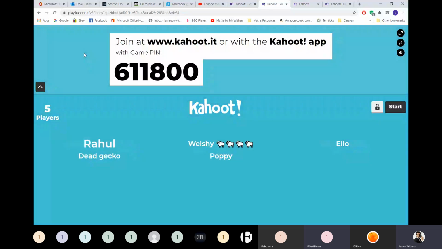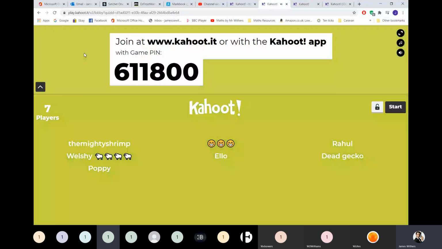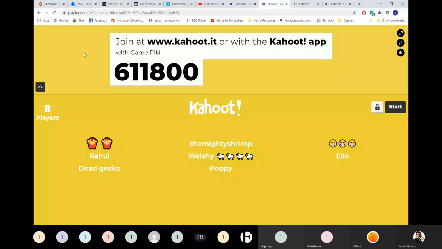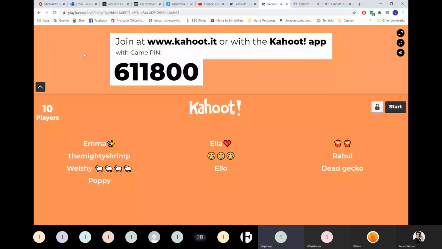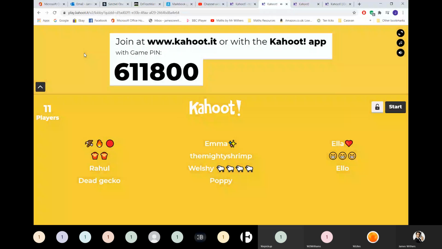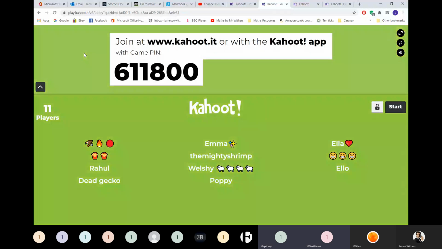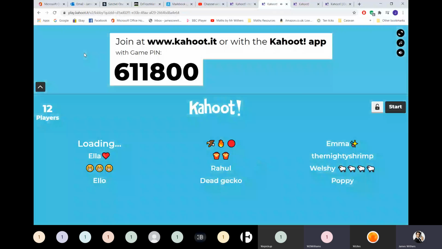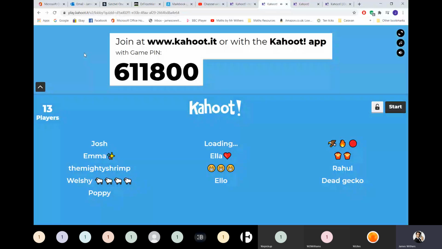Sheeps are leading me on to victory. I hope we're going to have all 13 again, and we haven't lost anyone. The gecko died. We did kick. Oh, that one's really easy to figure out. Some of these are really easy to figure out. I think whoever was the person doing really well into the final round, they've obviously changed their name. That was George, I think. First was leading, you got one wrong.